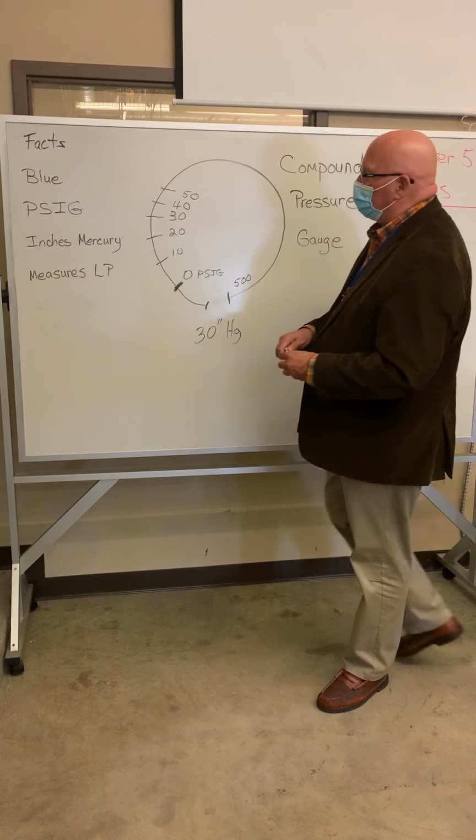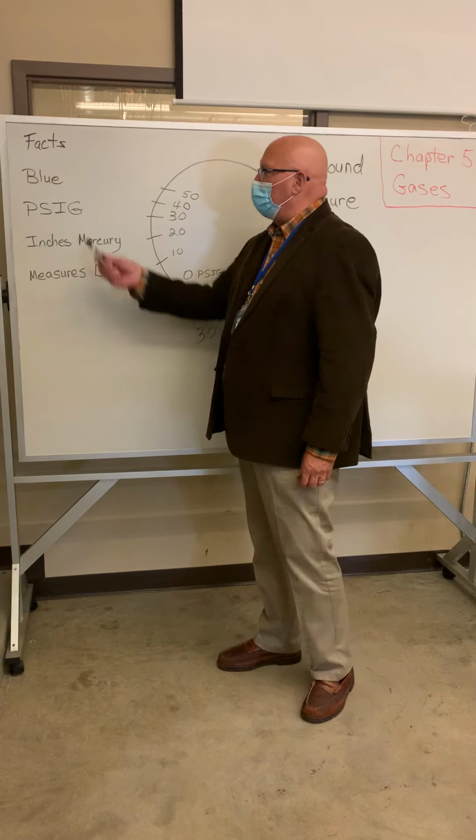So what are some facts so far that we know about this compound gauge? Well, we know, make it simple, we know number one is blue. Now you say, well, that sounds kind of simplistic, but it's part of the EPA exam still. They'll ask you, what color is the low pressure side gauge usually? And the answer is blue. It measures pound per square inch gauge, which means right here, this is 0 PSIG, right here. That means that it's not actually 0. It means that it's actually